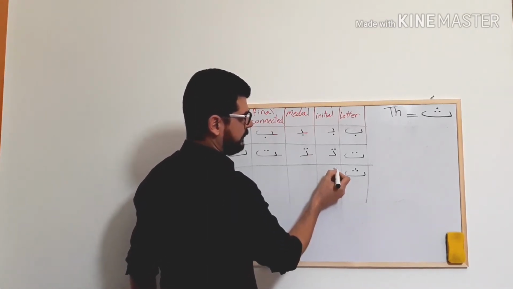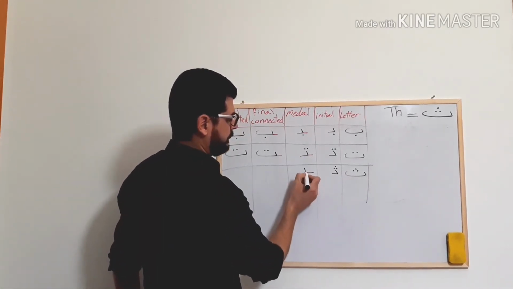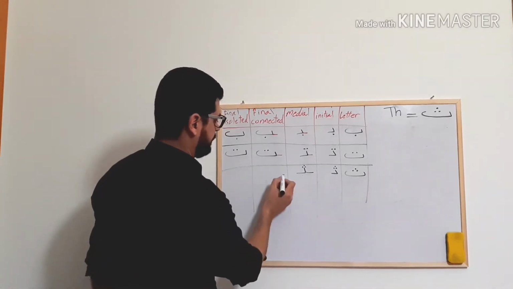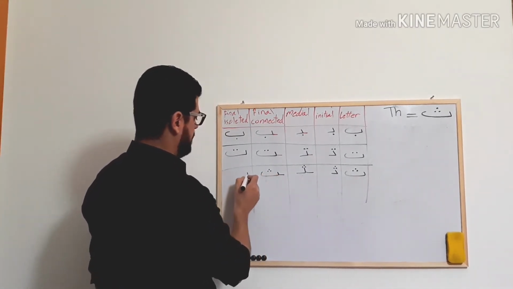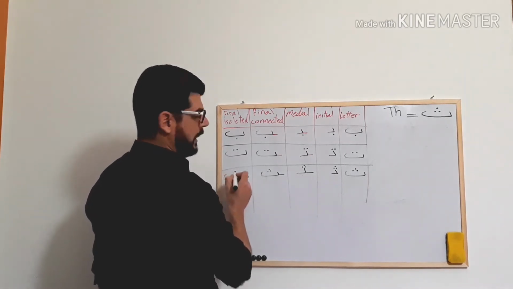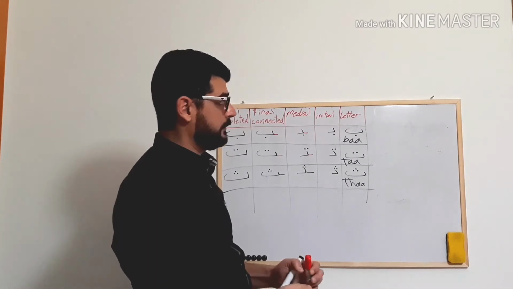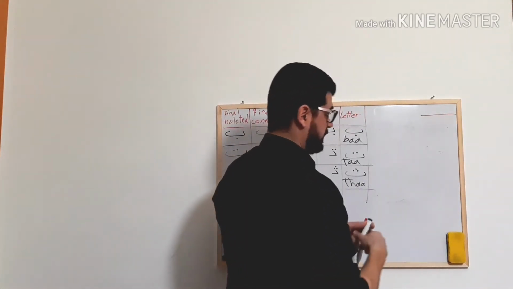I am sure that you know how to do it. 3 points, 3 points, dots. Okay, my friends, the new letter will be, I need a line now because this letter